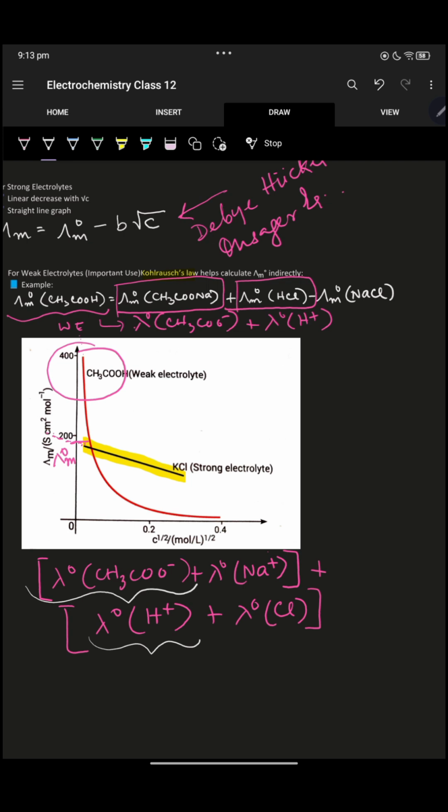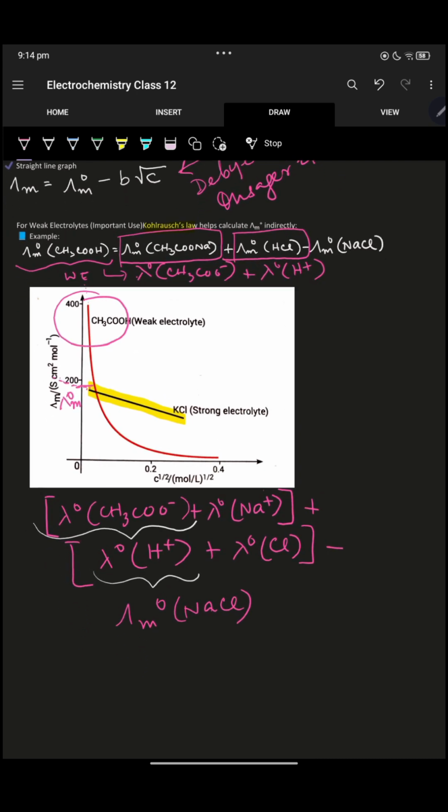Now in this you have added Na plus and Cl minus, so you subtract lambda m naught of Na plus and Cl minus, that is NaCl. When you do this you will get the limiting molar conductivity of acetic acid,